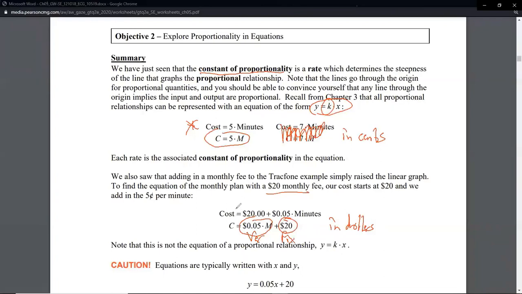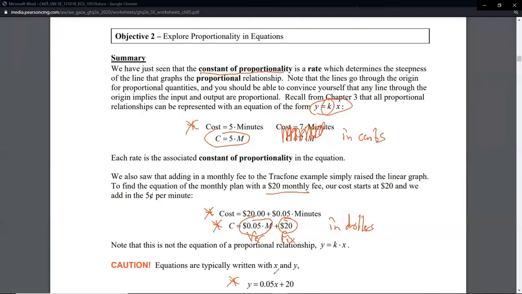So this is our goal for the next 3 problems. We want to be able to write something like this or like this. Now, they say this is not proportional, again, because of the 20. We've already discussed that. It's similar but not the same. This model uses C and M, so things are very clearly labeled. Also, this is a perfectly fine model, or directly above it, it uses words. Now, in my math lab, if you're typing in the model, they're probably going to want you to just use the letters. But then you have a third version of it down here with, instead of C and M, Y and X.